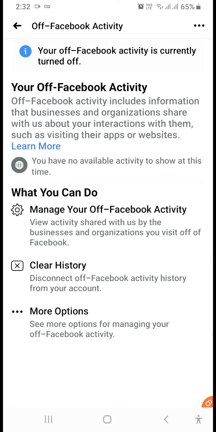If you click clear history, it will clear all the historical data, whatever activity has been tracked so far by other applications and your Facebook. Everything in the history has been cleared. If you want to choose clear history, you can use that option, or else if in future also you want to turn off this Facebook activity and don't want anything tracked, then you can